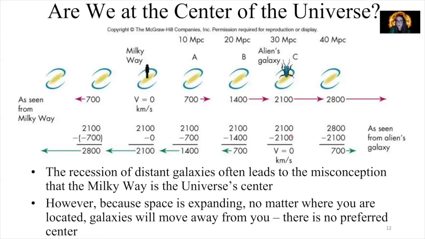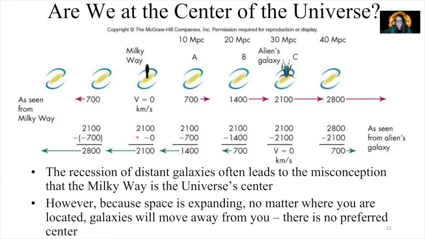Now let's imagine what these recession velocities look like as seen from this alien's galaxy. From this alien galaxy, they are in that galaxy, so their galaxy is not receding away from them. But if they look out at 10 megaparsecs away from their galaxy, all those galaxies that they see at that distance are going to be moving away from them at 700 kilometers per second. If they look out at 20 megaparsecs, all those galaxies will be receding away at 1,400 kilometers per second. Then if they look away at 30 megaparsecs, all of those galaxies will be receding away from them at 2,100